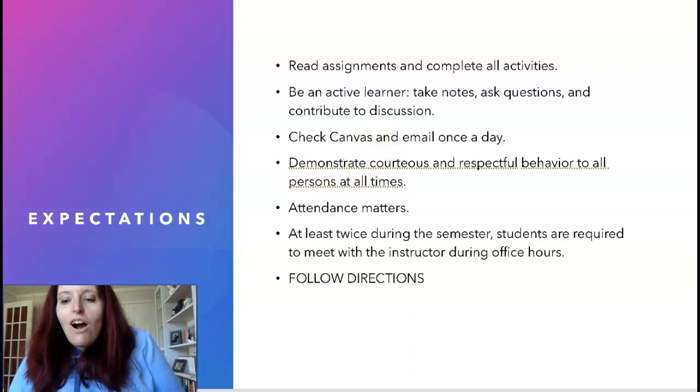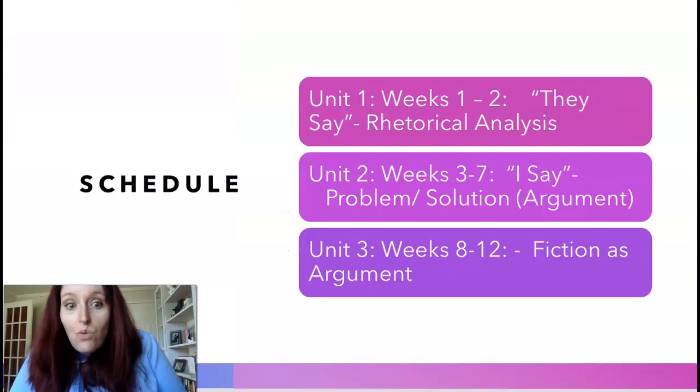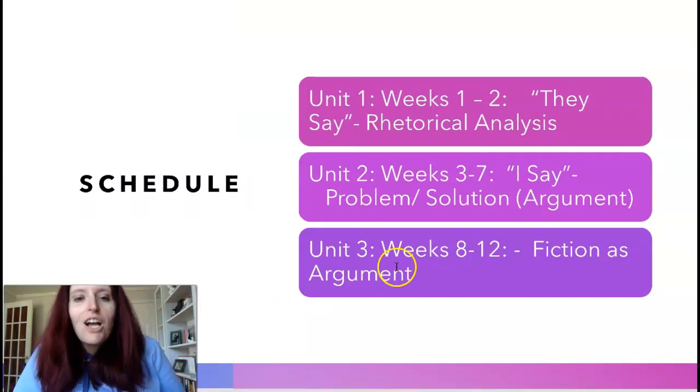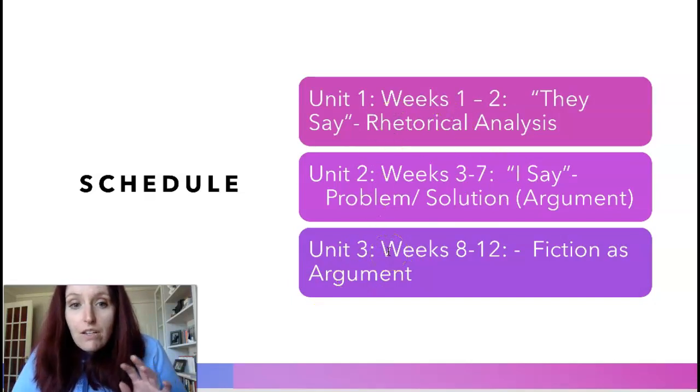So we are meant to be together for 12 weeks. I have broken down those 12 weeks into 3 units. The first one is the rhetorical analysis unit, where there may be a little bit of wiggle room as far as how long we spend in this unit, but 2.5 weeks is probably all we're going to